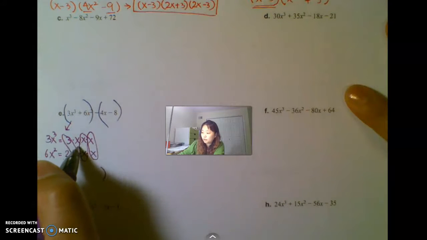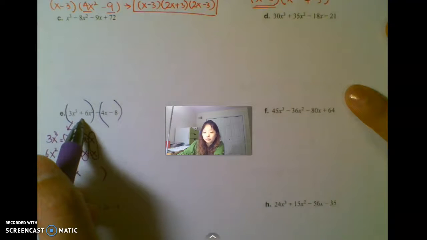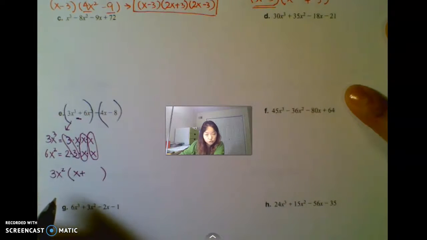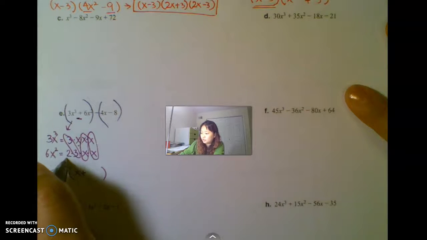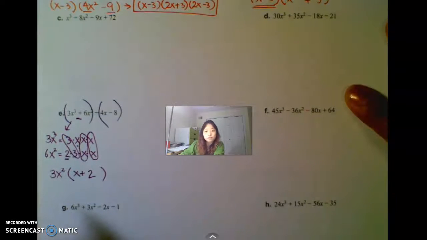Well, from up here, we have the x left. Then you have to really make sure of the sign. Okay, it's just plus. Whew, plus is good. What else is left? 2 is left. So plus 2. That's really it. Alright, now from the other side,